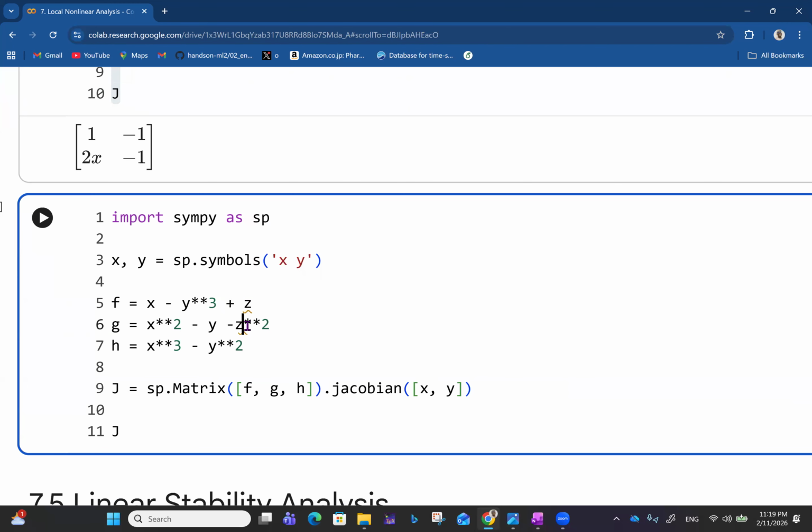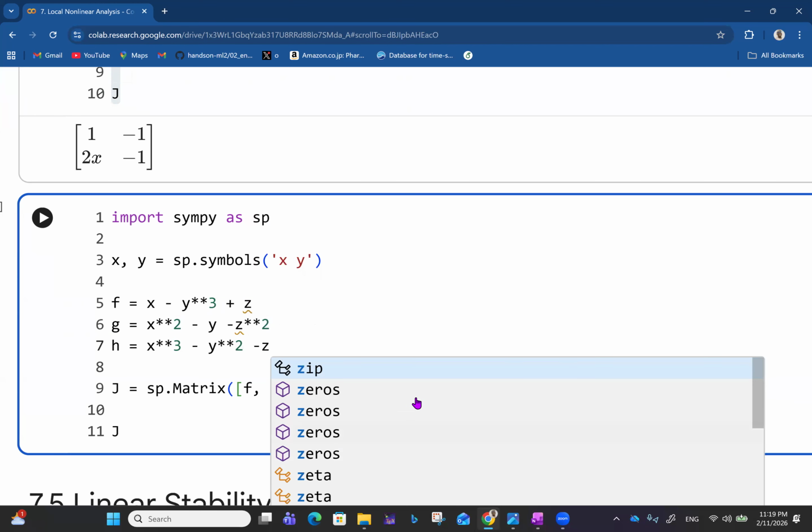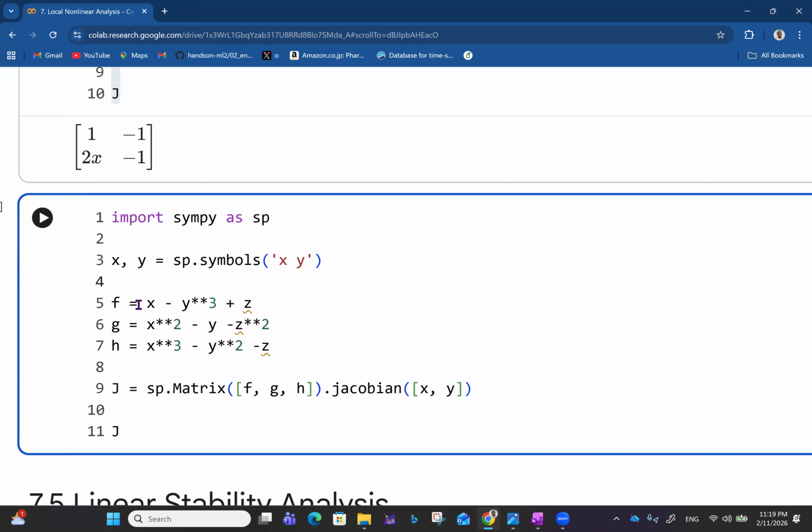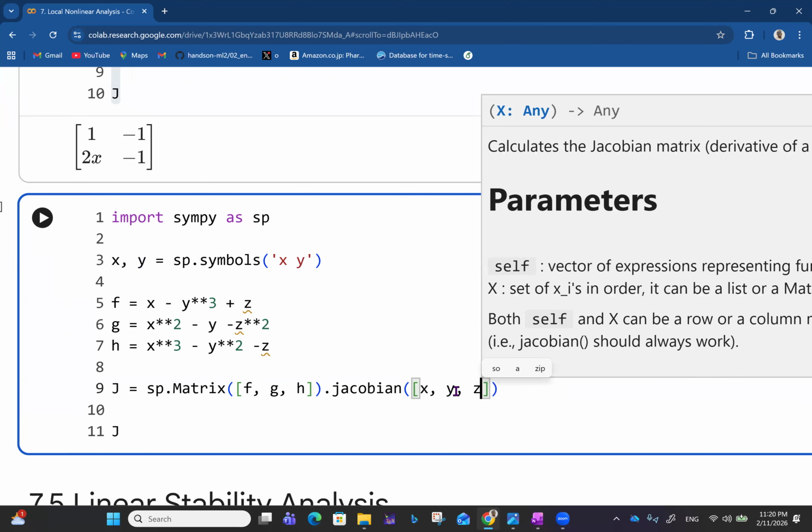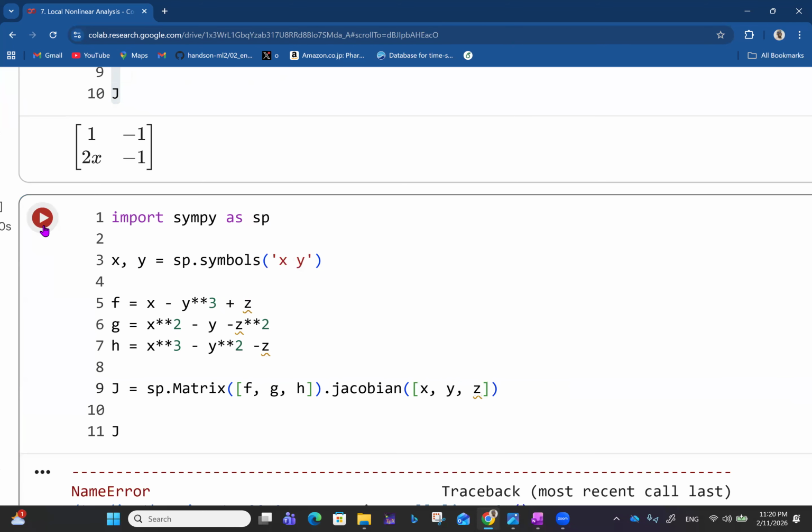That's small z raised to power 2. And then this one will now be just minus z. Okay. So then we want to take the Jacobian of f, g and h with respect to variables x, y, z. So if I run this now,